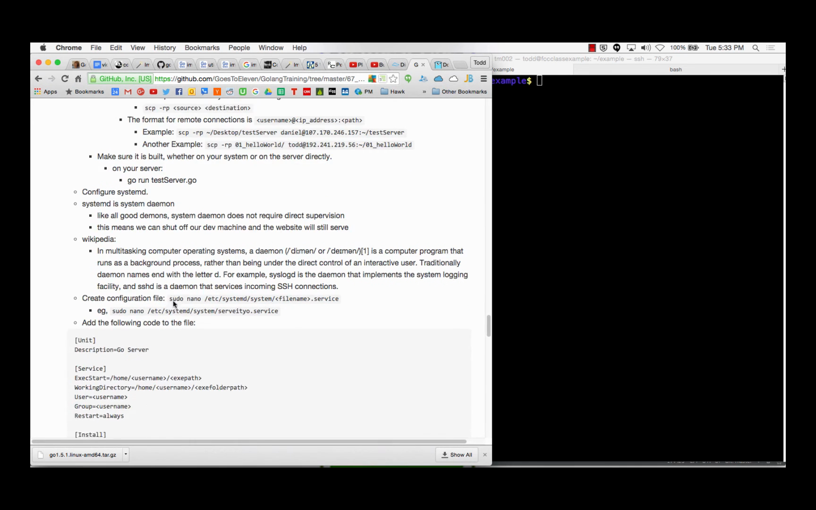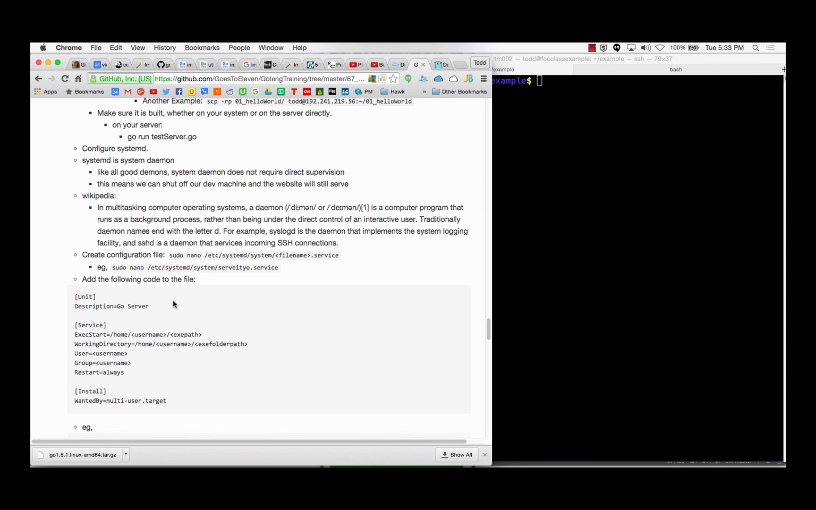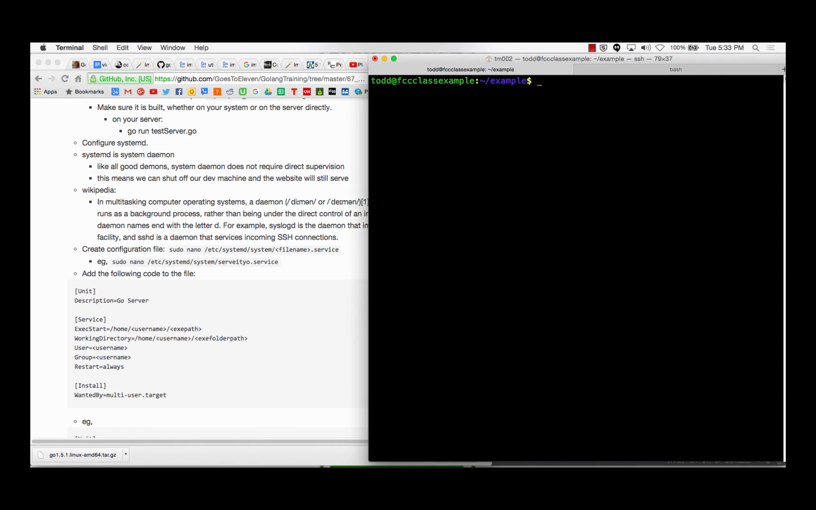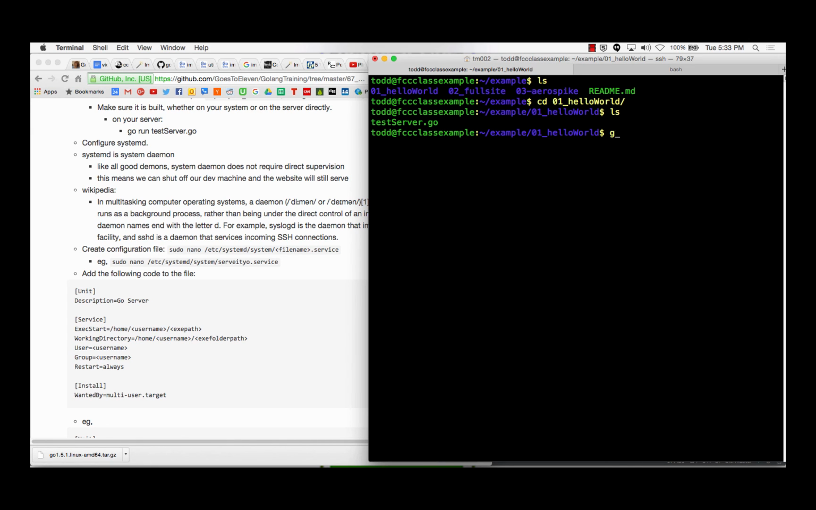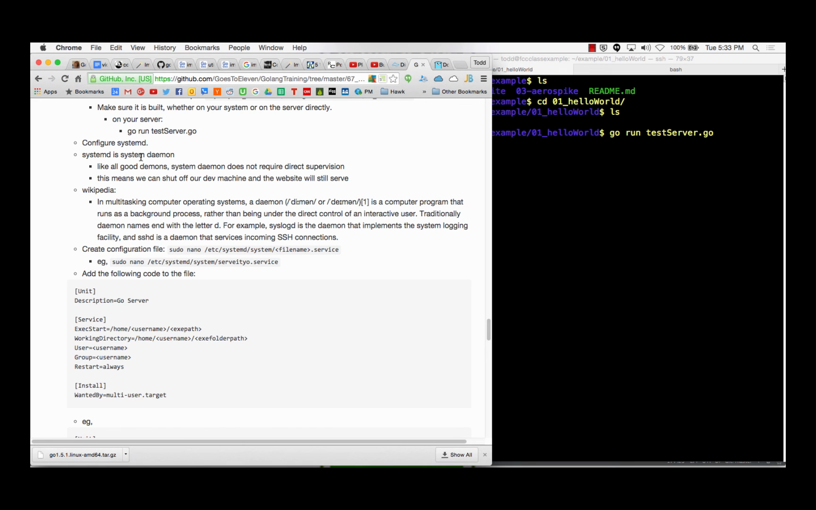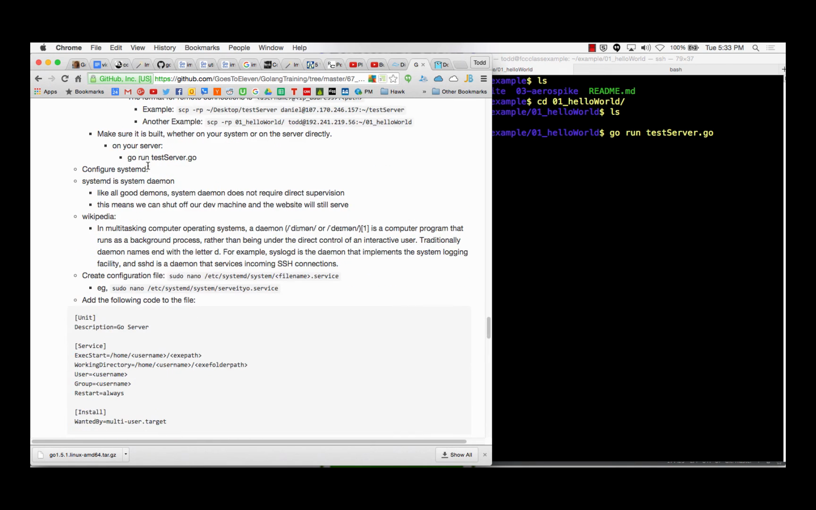Make sure it's built whether on your system or on the server directly. So on your server, I could change directories now into O1. And I have test server.go, so go build test server.go. I think that's go run. Let's just run it. Go run test server.go. So now it's running, and I need to configure systemd. But anyhow, now that that's running, I could go to my IP address